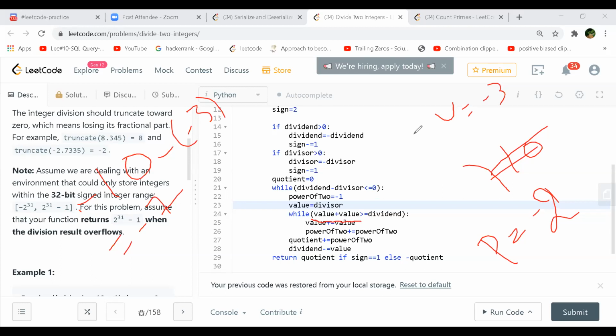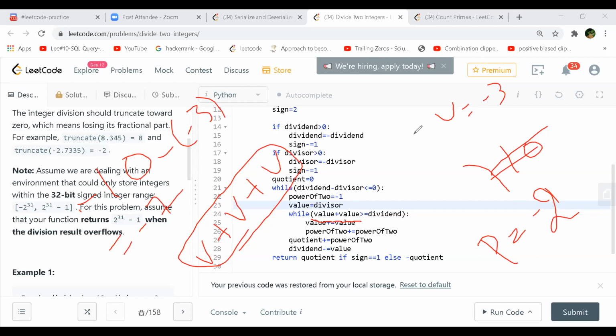I was thinking that value plus value plus value, 3 times, I can't do that? See, the way we are doing is power of 2, correct? Value plus value, value plus value, so that actually is something different. Why we are taking power of 2 is that we are trying to use the binary multiplications. We are always doing a right shift. That is what the value plus value is doing.